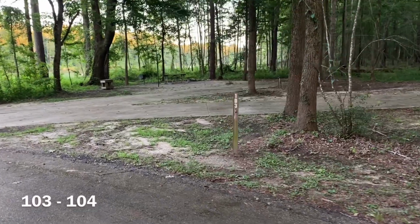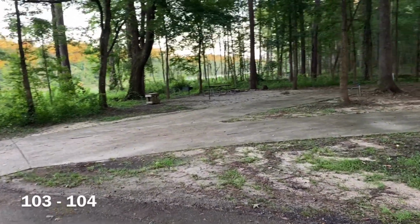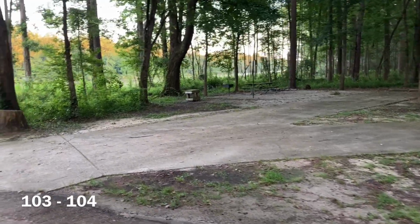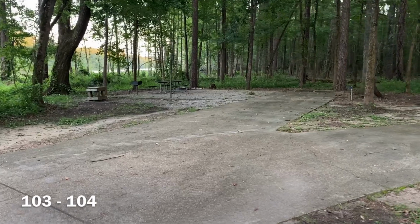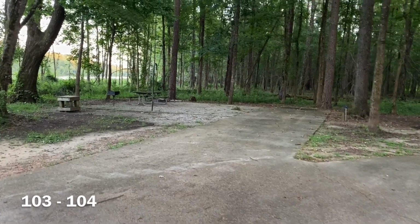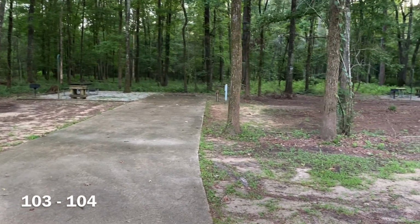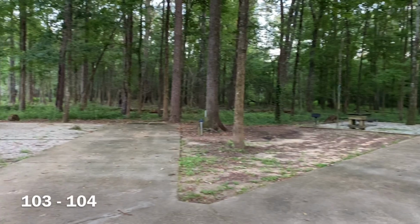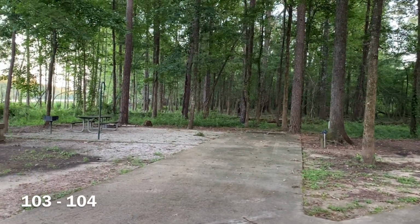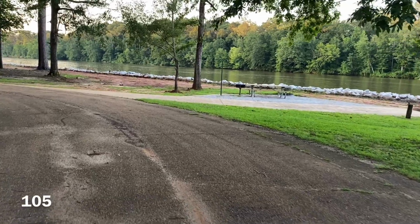Right next to it, we find 103 and 104. Another one of these Y driveways that doubles up these sites. 104 being one that faces out into the water, and 103 being a long driveway backing into a wooded site. So another one that could kind of double up as a buddy site. 103 and 104. And making our way around the circle brings us to